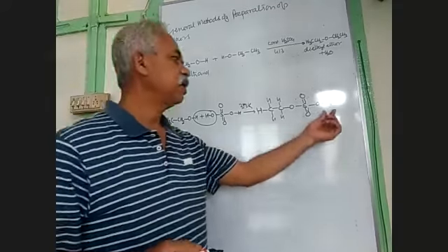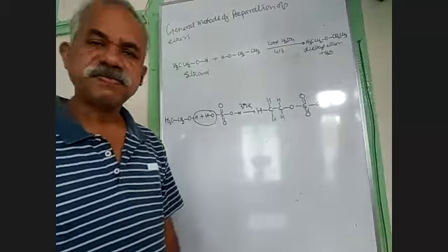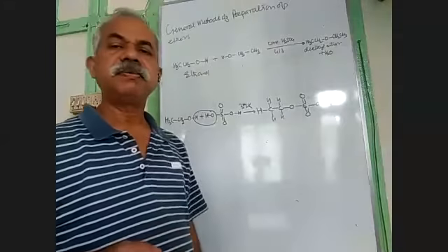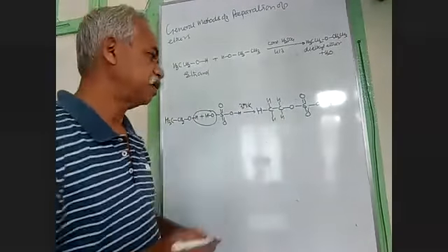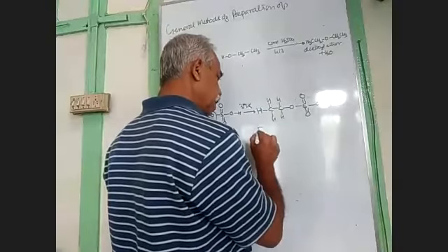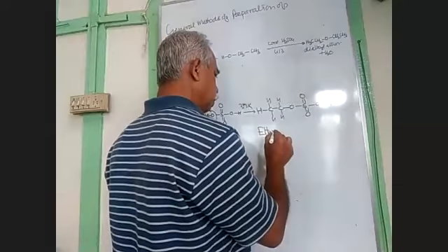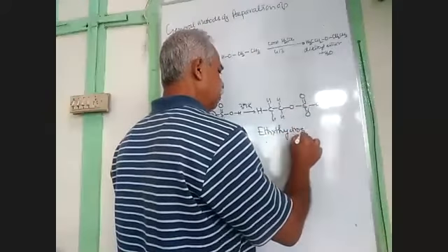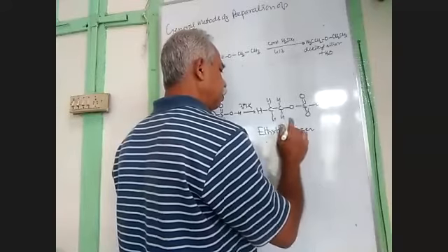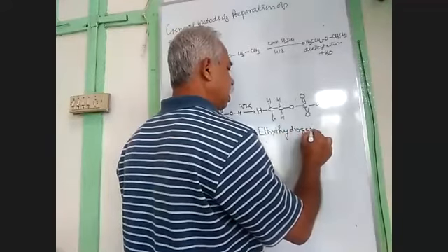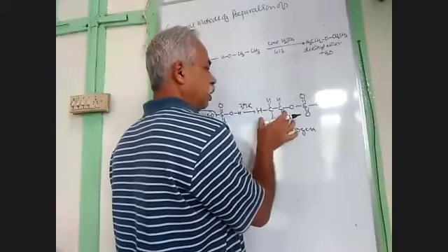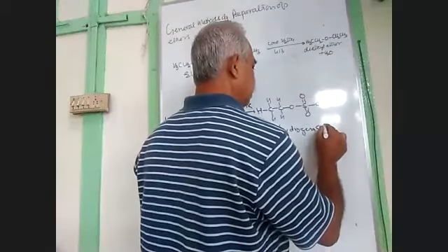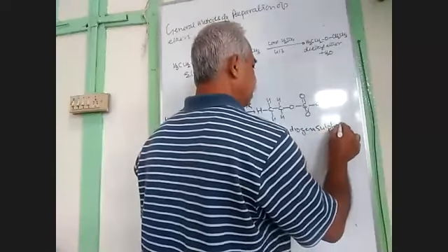See, this side SO4 2 minus is called sulfate. One hydrogen is there, so hydrogen sulfate. Other side you have ethyl group, we call it ethyl hydrogen sulfate. And it does occur. You can isolate it also. We use ethyl hydrogen sulfate profusely in our laboratory for alkylation of compounds. So this is our main thing.